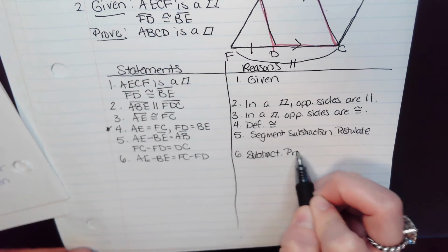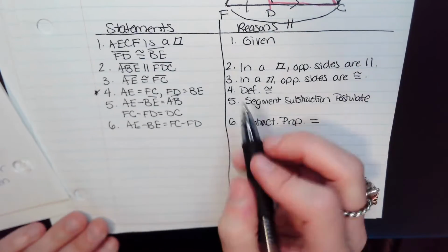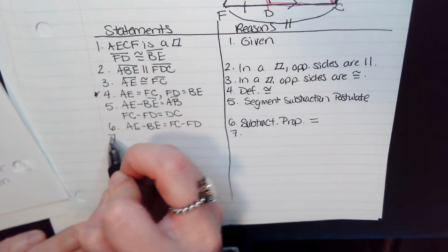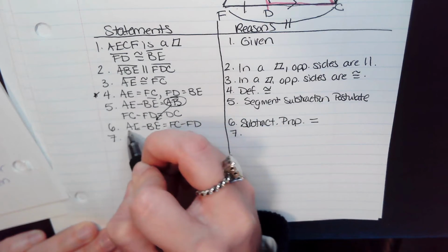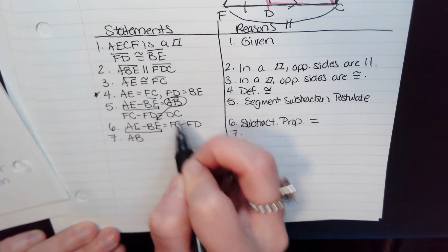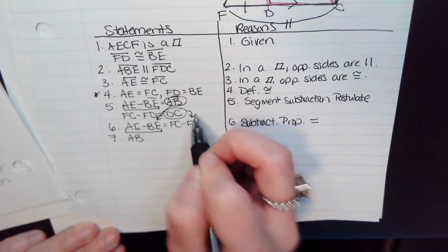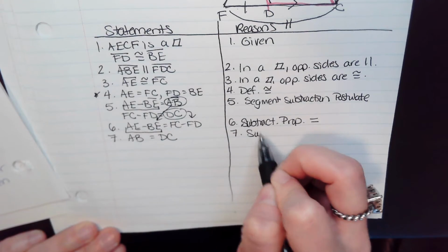Remember, you can't abbreviate that one. Property of equality. Now I can take AB and sub it in everywhere I see this AE minus BE. And I can take DC and sub it in for FC minus FD. And that's our